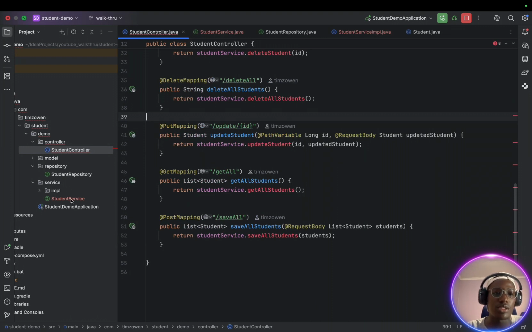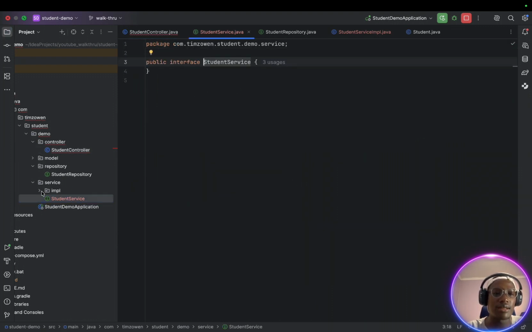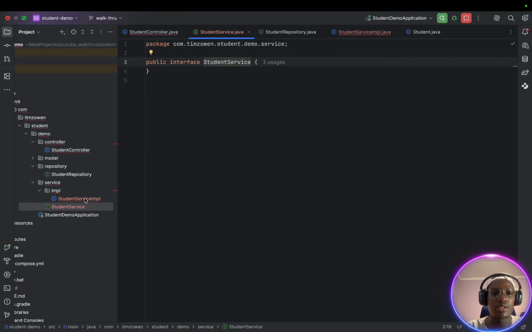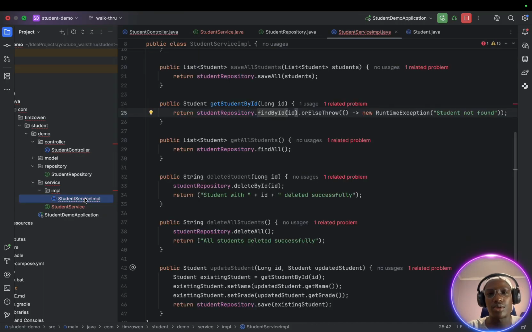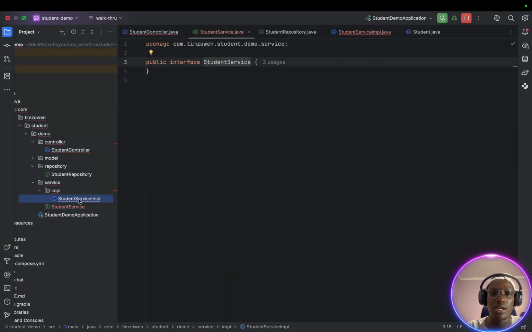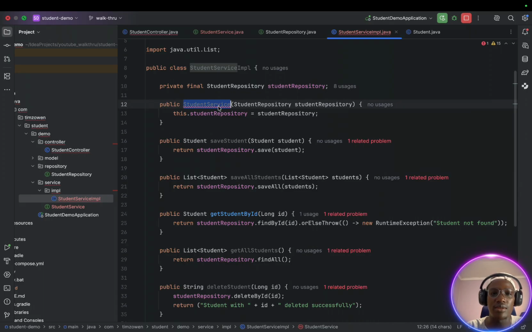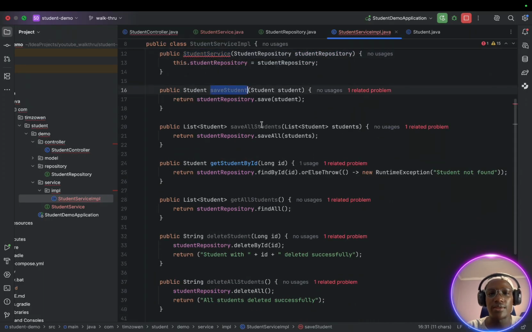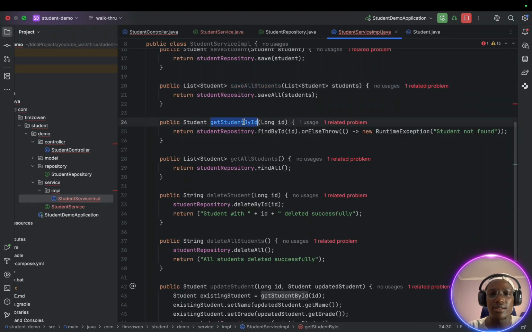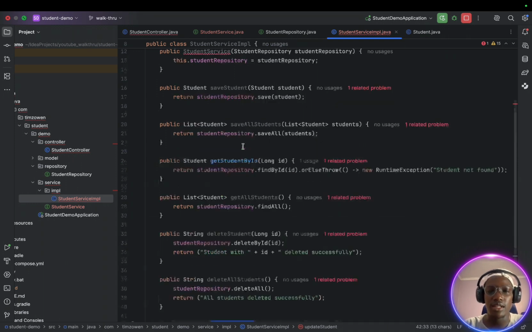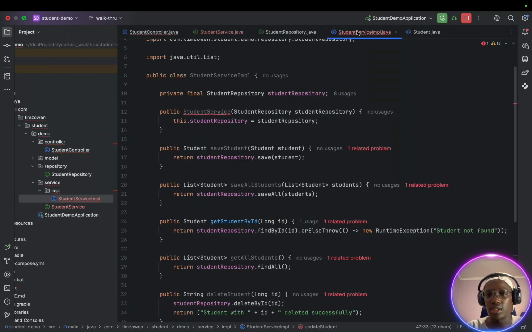So first things first will be to define these methods that are already in the service into this implementation. If you look at it closely, we have student service. We have save student, save all students, get student by ID. Then we have get all students, delete students, and then we have that, and then we have that. We're going to start off with, just allow me to split this,